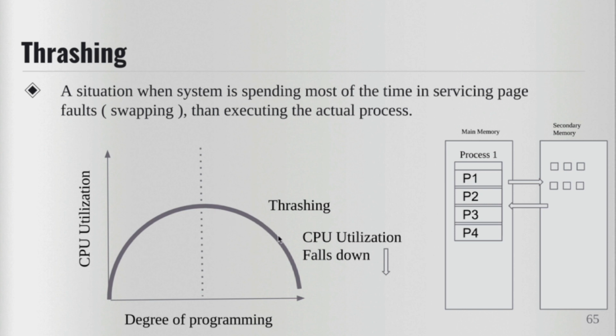That means page faults will continue to occur, and the system is not actually doing any useful work, but is basically busy doing the page swapping. Okay, so that is the concept of thrashing. All right. So in the next video, we will discuss what techniques we can use to avoid